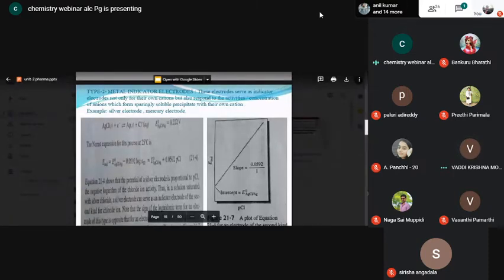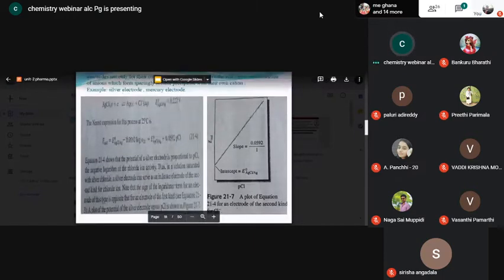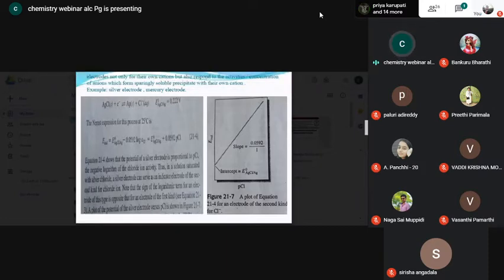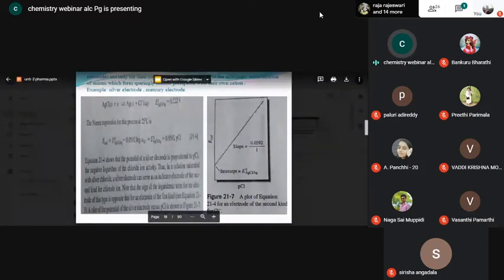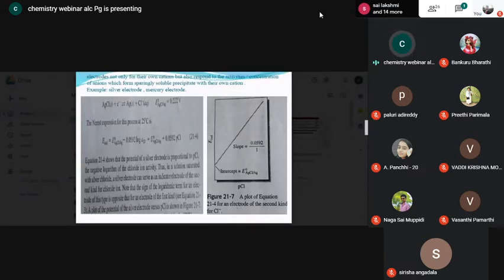Yes, sir. Okay, so using the equations, we can find out the potential developed by the indicator electrode, and these equations are almost based upon our Nernst equation only. And you see the graph over here. If you see the graph, what happens? You are getting a positive slope. Why are you going to get that positive slope? Because this positive slope tells you that as the titration proceeds, the concentration of what ions is increasing? Chloride ions are increasing. So that means the influence of the chloride ions on the electrode potential is increasing.